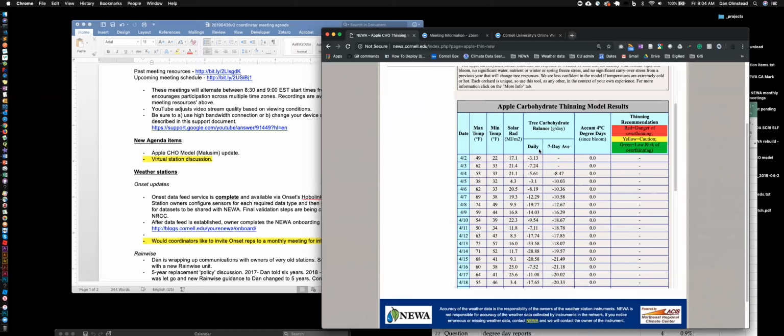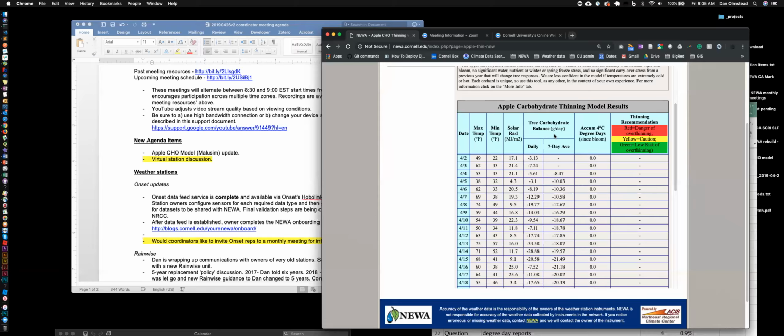The daily thinning is the next column that was there before. That's still there. It used to be a 4-day average that was used. That's an average of the daily thinning values. So it used to be a 4-day average, the current day plus 3 days into the future. He changed that to be a 7-day average. So it's the current day, the 2 previous days, and 4 days into the future. So there's a change there.